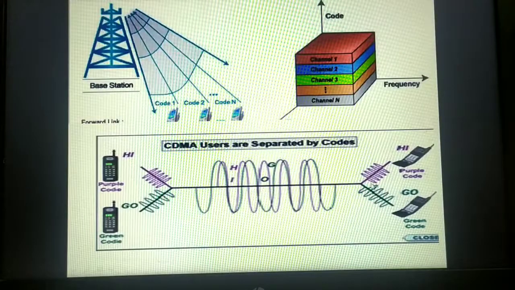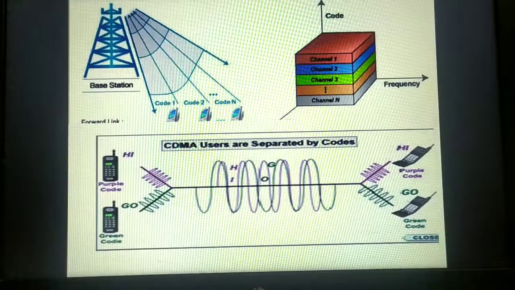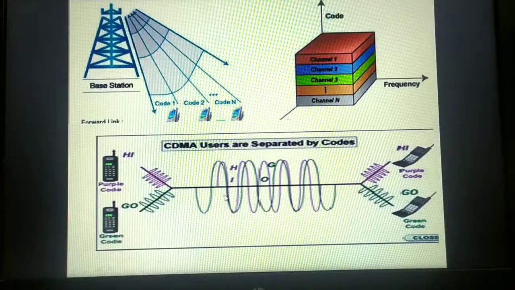What happens again is that demultiplexing will take place, and decoding will take place. Why do we have to encode and decode? Because of security reasons. We have already studied it when I was discussing the modem. In order to provide security, so that others shouldn't learn what exactly the message being exchanged between the two users is, encoding is required. At the receiving end, the message will get decoded with the help of the unique code.